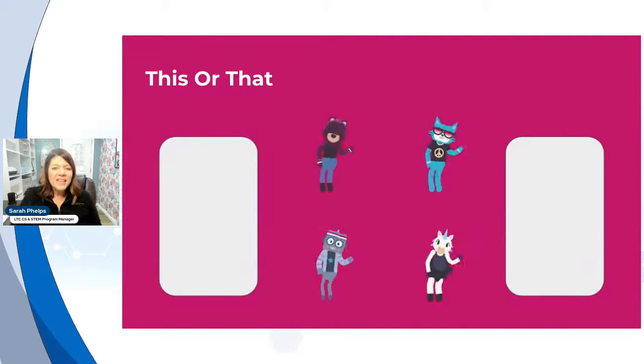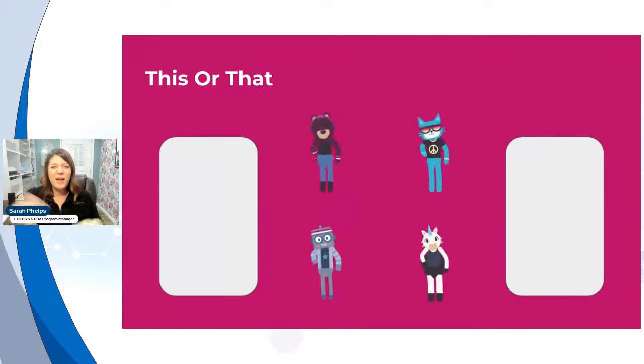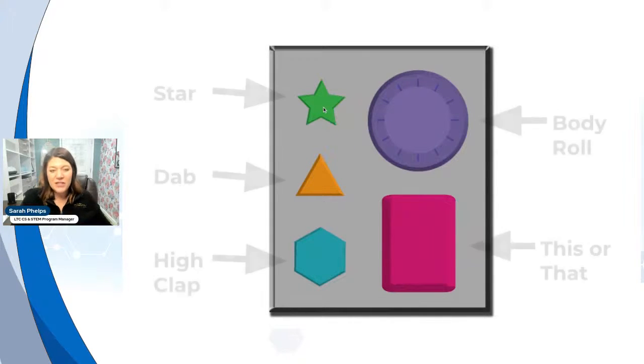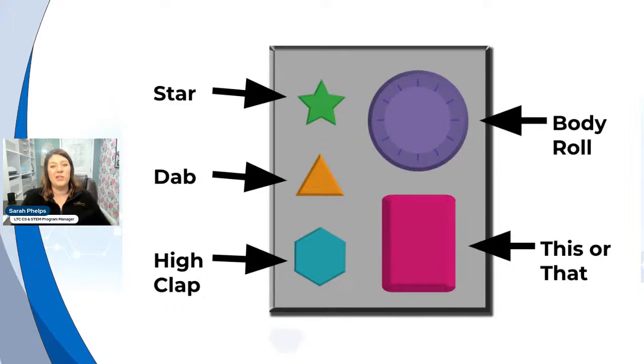With this activity, we are going to help our students by associating a move with each of these shapes, because we're going to have an event controller. Again, this is an unplugged activity. Usually what I would do is have this big on a screen up front, and my students would all be standing up. We have just gone through the program. It's a pretty simple program, but basically when I push one of these buttons, you are going to do the move that is associated with it, because that's what the program says.